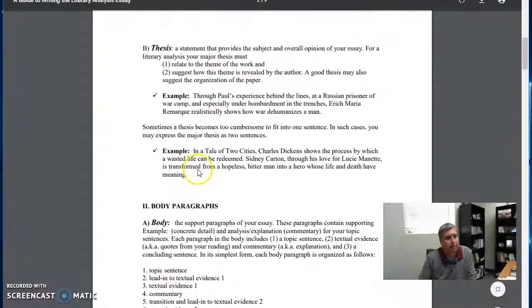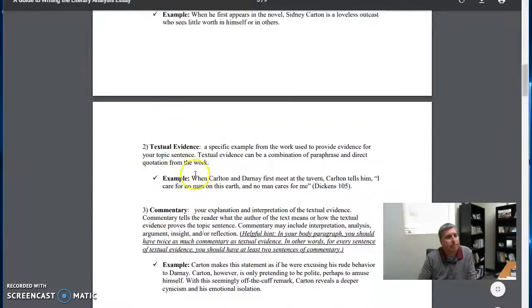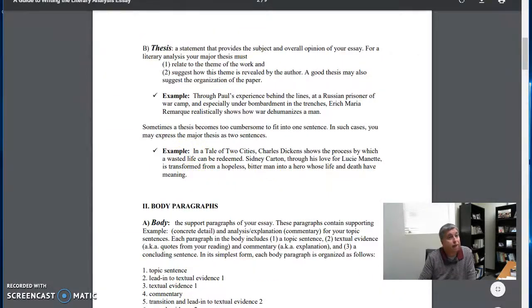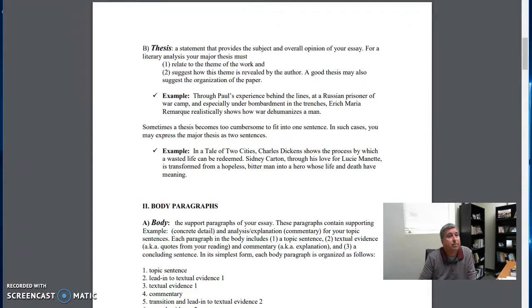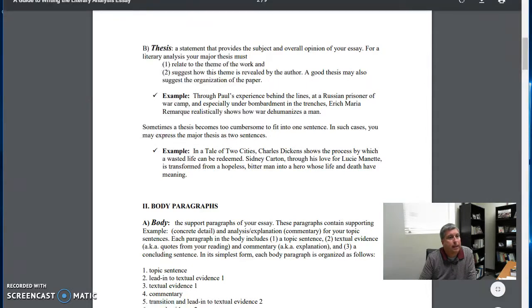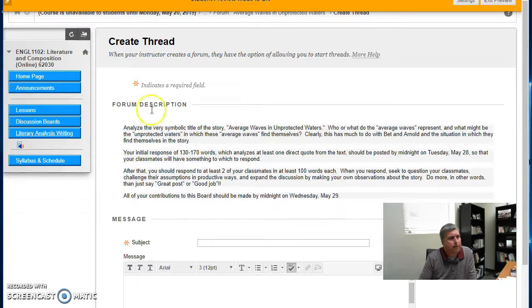Hopefully you're going to read over this handout here and understand it, but certainly ask questions. Anytime you have questions during the semester, again, my phone number is on the syllabus. My email address is on the syllabus. I'm always willing to answer questions and help you out any way I can. So I think that's about all I really want to go over.